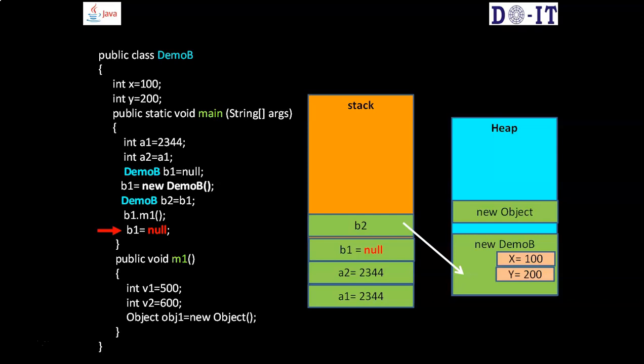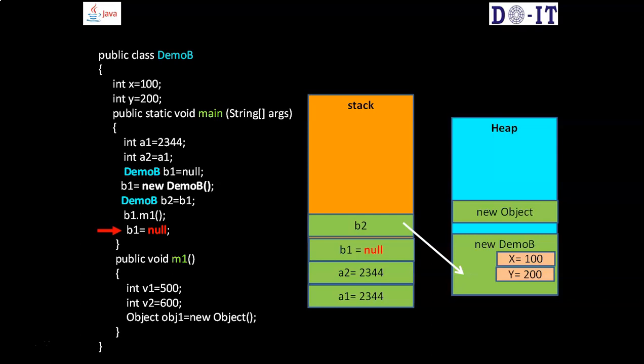And these kinds of objects that do not have any reference to them from the stack or from anywhere else are called garbage or orphans. This is how an object becomes garbage. It does not have any reference. The method that created the object is no longer running, and hence the references that existed to it do not exist anymore. So this object is still in memory in the heap, but it is not reachable, not accessible, and hence those objects are called garbage.